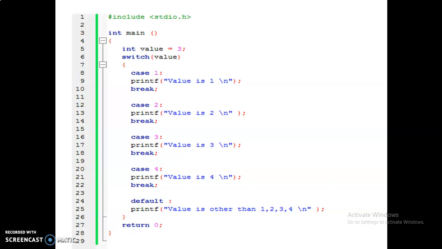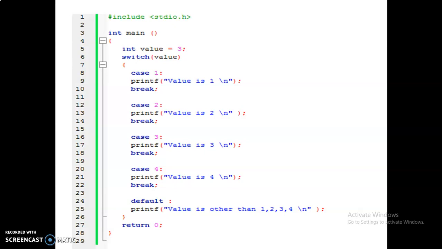Okay, so this is the concept of the switch case. Suppose you give the value 5 for this variable, so what will be the value here? The value will be 5. At that time, what will happen? It checks all the cases, but no case is matched. Here the value is 5, here the case value is 1. It doesn't match. Here the case value is 2, and the value is 5, so here also it doesn't match. So it checks the 4 cases, and the compiler comes to the default part and prints the value is other than 1, 2, 3, 4, and comes to the next statement. Okay, so this is the use of the default statement in C.